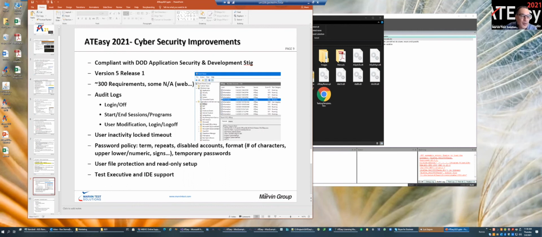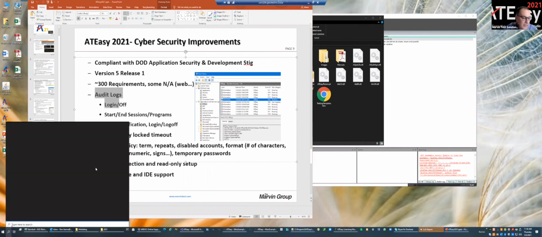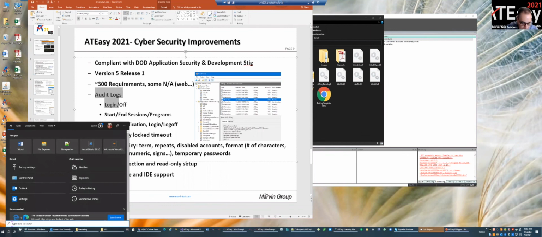So we had a few projects here, and our customer also, that had this, and so we comply. I can show you a few of those. For example, audit logs. Whenever you start the program or end the program or start ATEasy, they want a record of it. Or if a user logs into ATEasy, they want to record it. Or for user modify, like you create a new user or modify an existing user, it logs everything in the Windows event log. If I go here to event viewer,